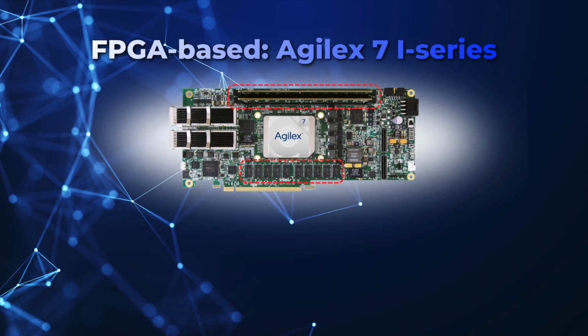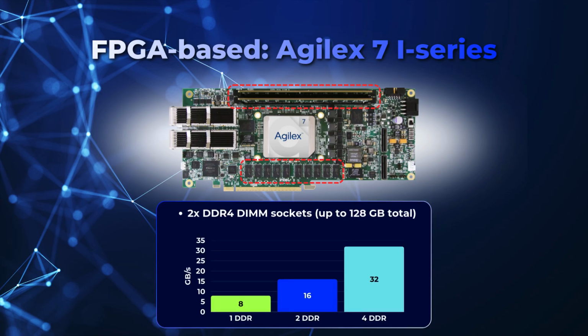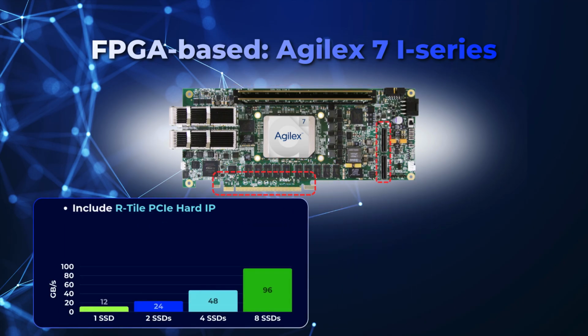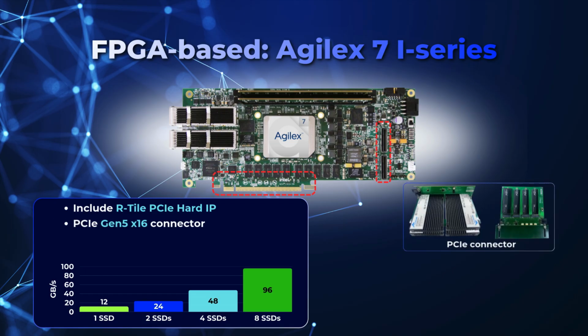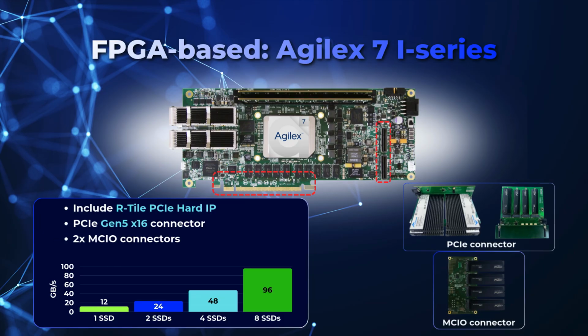For data buffering of the system, it supports multiple DDR4 memory resources, including 2 DDR4 DIMM slots of external memory, as well as 2 onboard DDR4 memory banks for reliable, high-speed buffering. With the built-in R-Type PCIe hard IP, storage devices can be connected to either the PCIe edge connector or MCIO connector, supporting configuration of up to 8 NVMe SSDs. As the number of SSDs increases, storage throughput increases as well. This scalable storage architecture allows the data logger to support higher Ethernet speed and longer capture duration, without requiring system